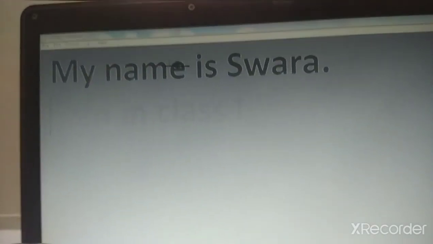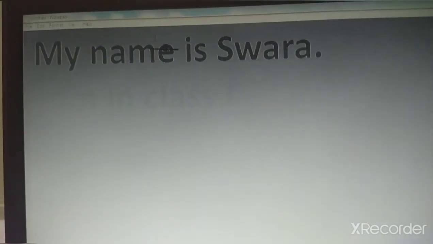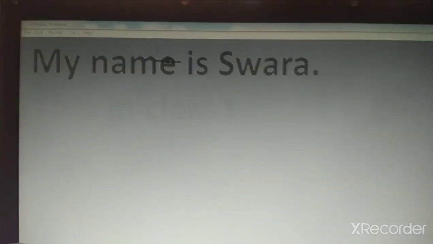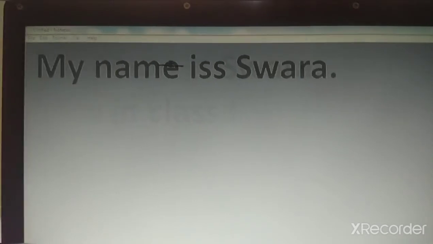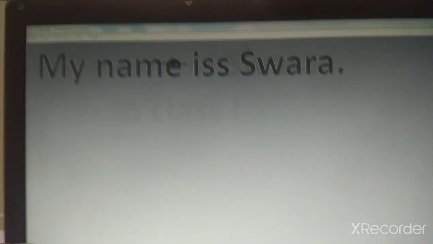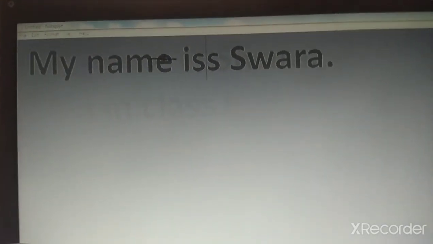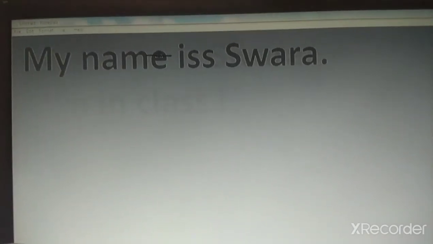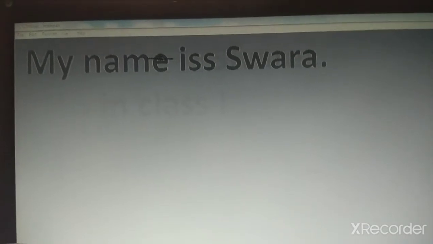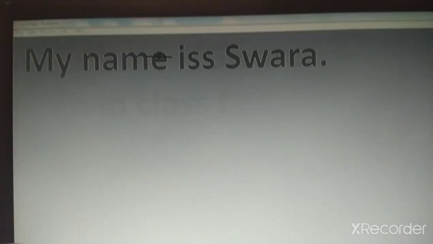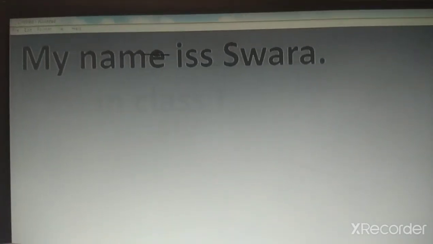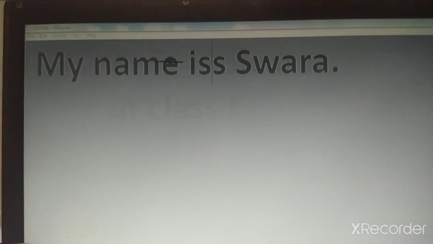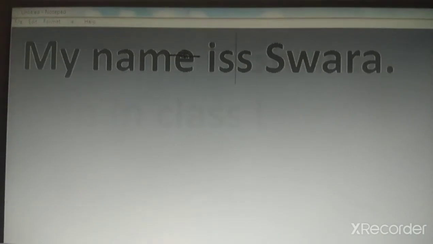Suppose I am just giving one example. I have typed S two times. Now I want to erase one S, and my cursor is in between the two S. I want to erase the S which is at the right side of the cursor. My cursor is in the middle, you can see in the center.